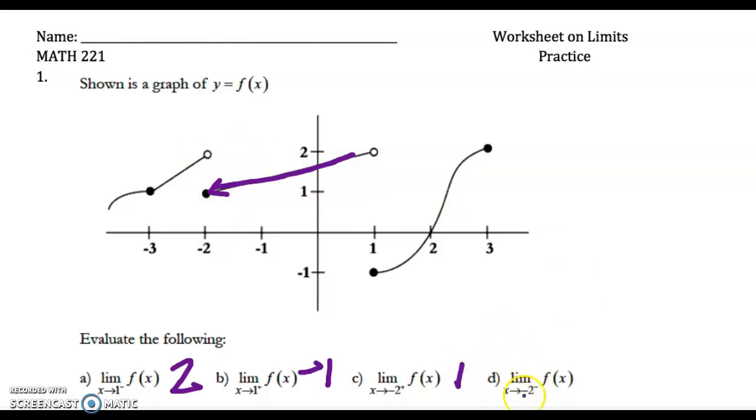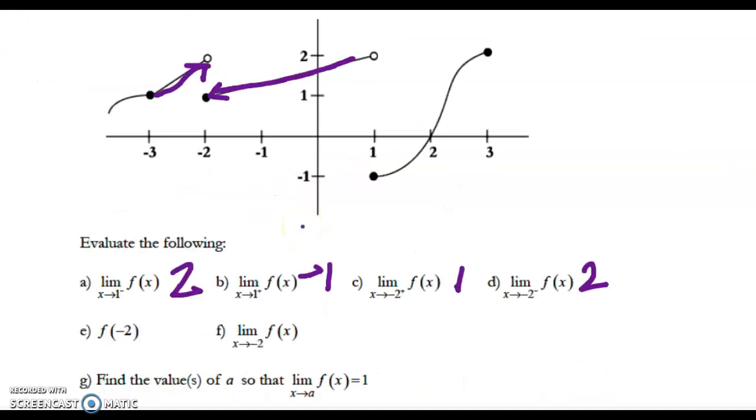As x approaches -2 from the negative side, again, here's my targeting value. My targeting value is 2. Next, it asks me, what is the value of the function at -2? So the value of the function at -2 is the solid dot, not the open dot. So the value of the function at -2